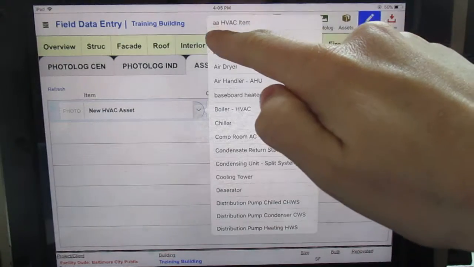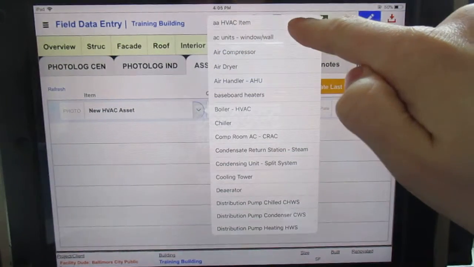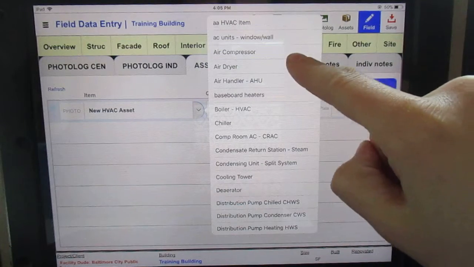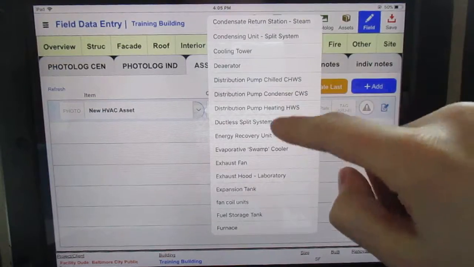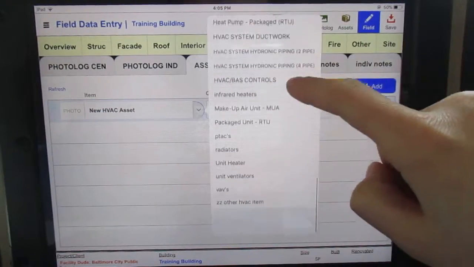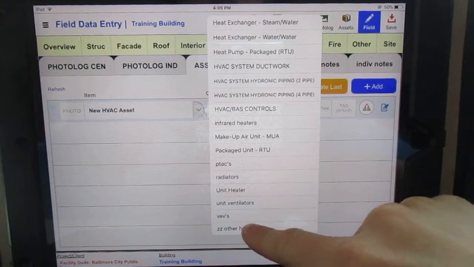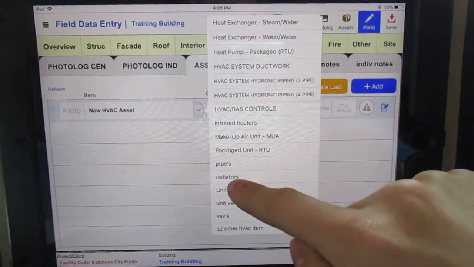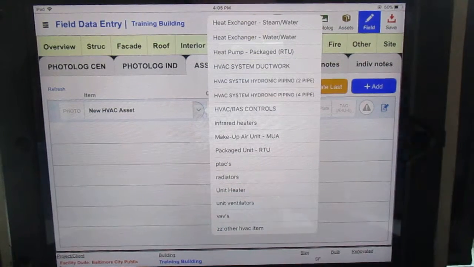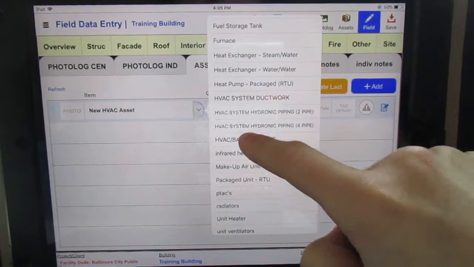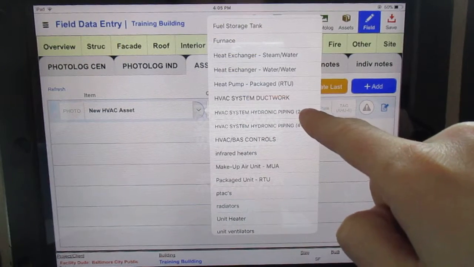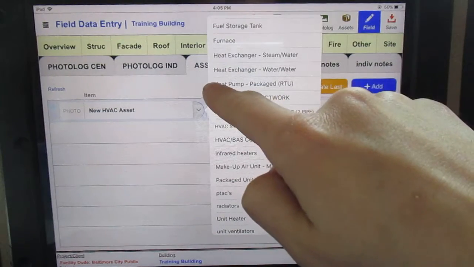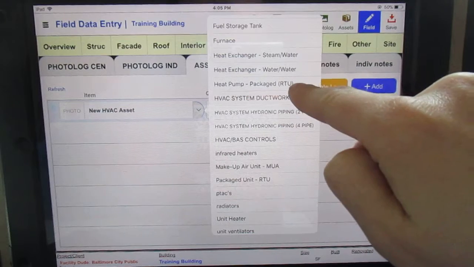You can see that the things with AA up here, this is a generic HVAC item. Maybe it's not in the list, you want to select that. However, we have pretty much all of our typical HVAC equipment in here, and it's ordered alphabetically. Down here at the end, you have a ZZ other HVAC item. These things that are in lowercase, those are things that should typically get grouped. So your VAVs will get grouped. Anything here capitalized are things that are in square footage. So your HVAC system ductwork is in square footage, whereas this item here, heat pump package, RTU, is just a